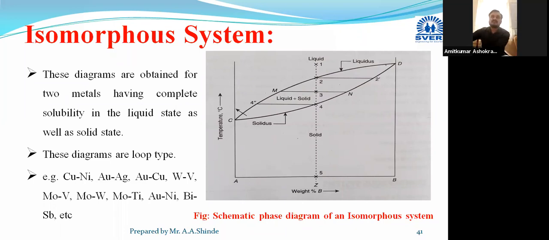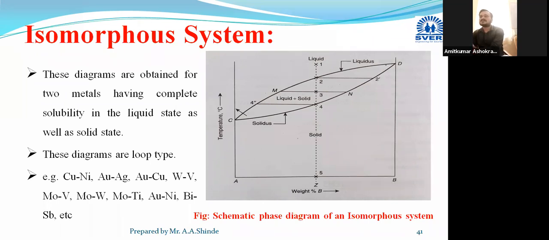If you are able to find out the phases existing in the system for a particular composition, then you can determine the properties of that material. After determining the properties, it will be very easy to determine its applications, where to use it. Or if some change in the properties is required according to your use, then you can go for the heat treatment process. For all this, the equilibrium diagram is very necessary. You should be able to understand the equilibrium diagram first.